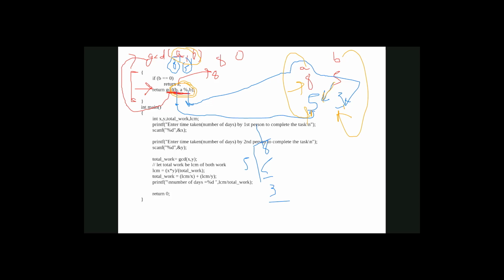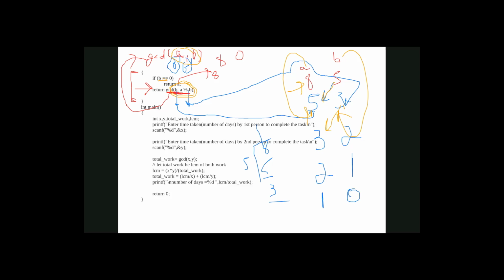Okay, what will happen is that this becomes 5 by 3. Again, the B value is not 0, so this process will happen again. So this will be 3. Here comes the 3, and when we divide 3 by 5, it comes out to be 2. Again this process will be repeated. Here comes the 2, and when we divide 2 by 3, the remainder will be 1. Then when we divide 1 by 2, the remainder will be 0.